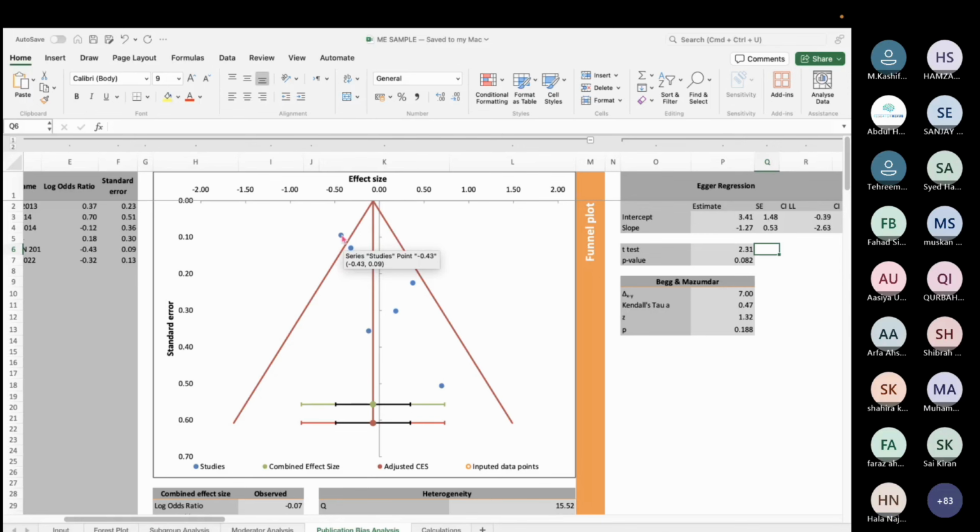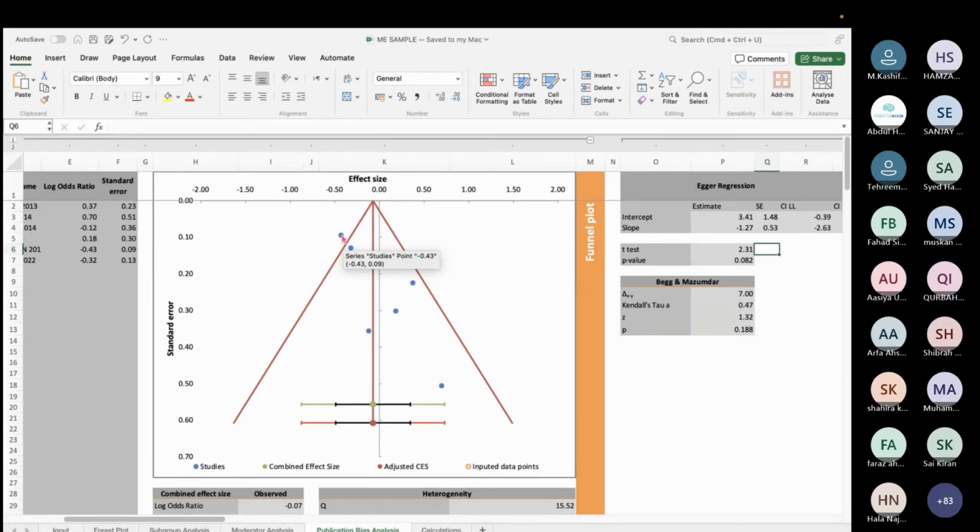Guys, clear? Yes, we don't do it unless we have 10 studies. We don't exclude anything, guys. This only tells you that there's something that is affecting the study's quality, let's say. We don't do anything about publication bias. We only have to write it in our manuscript that there is publication bias or there is no publication bias. Okay? No, we don't have to tell about the outlier in a lot of detail. You can mention if there are some unpublished studies because there are ongoing studies, ongoing trials, etc.